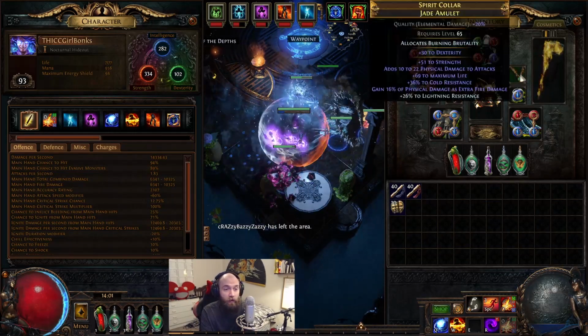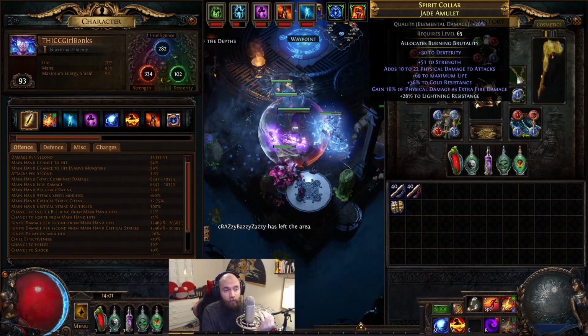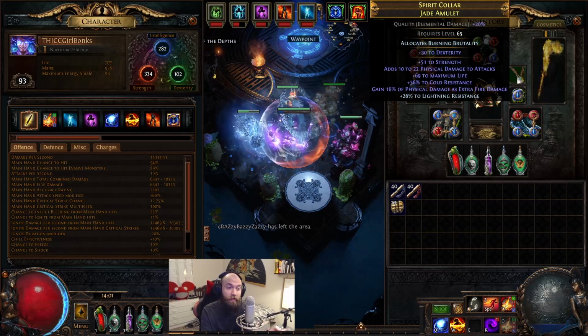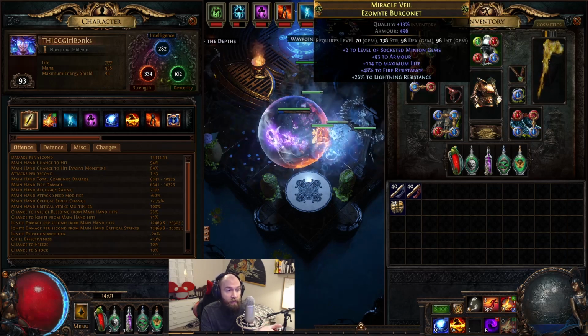Where was I? So, for the amulet, just jagged spam yourself an amulet. See what you can get. The biggest thing is that Fizz extra fire, and then try to get yourself a physical damage to attacks as well. Helmet-wise, you could do bound